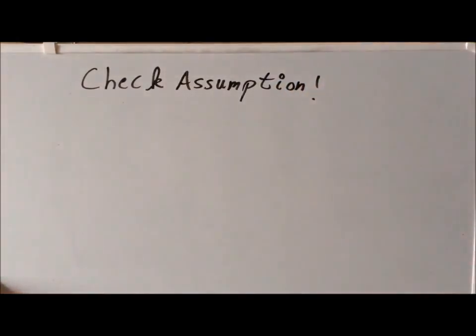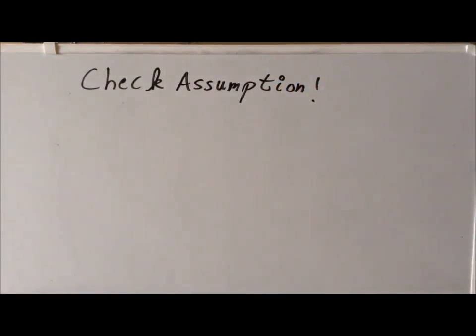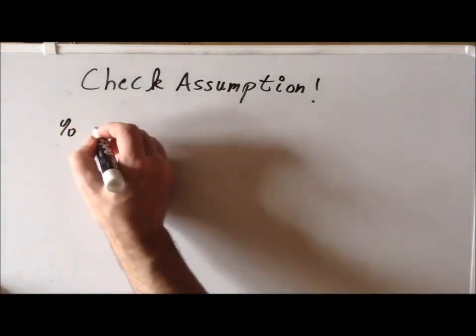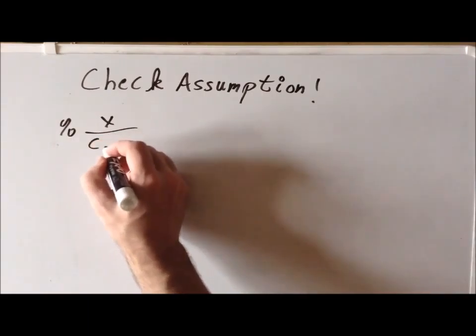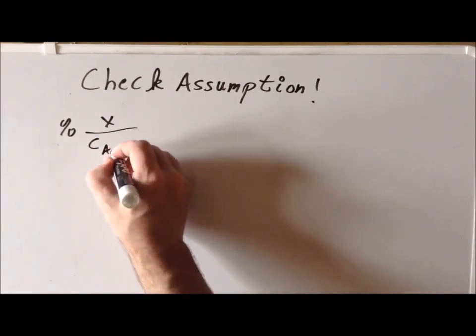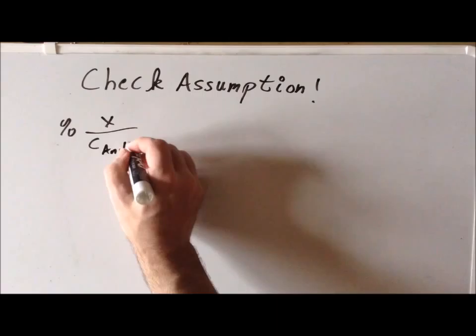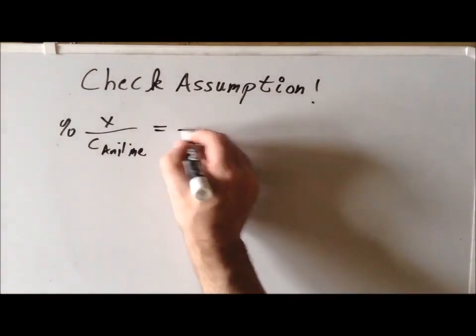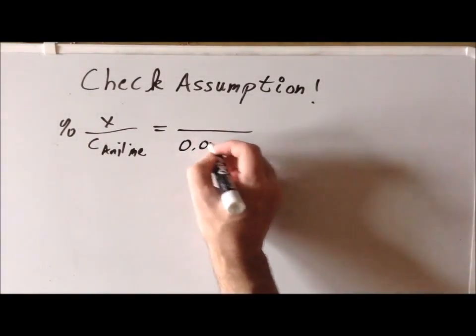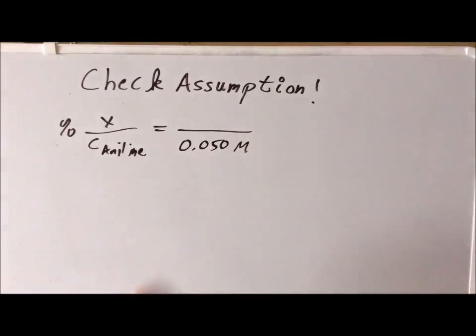You want to check if that's true. So to do that, we want to find the percentage of X divided by the initial concentration of the aniline. The initial concentration of aniline was 0.050 molar. And we determined from our calculation that the concentration X, the small amount of the aniline that actually